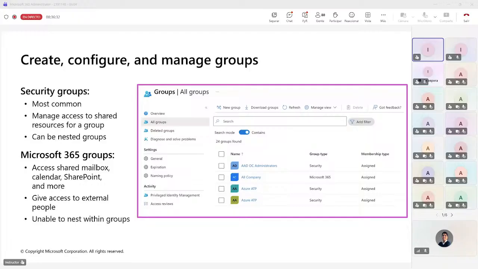Your most common type of group is what's known as a security group. This will allow you to manage access to shared resources for that group. Note that security groups can contain other groups. However, and I'm going to encourage you to do some digging on this,